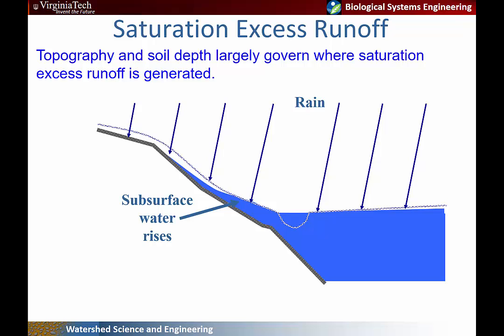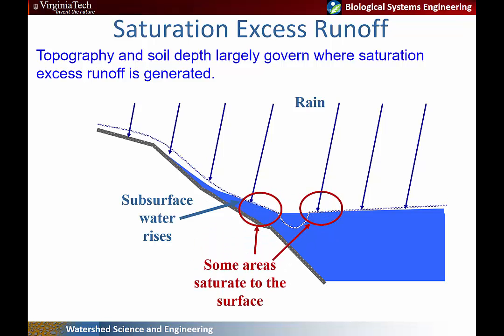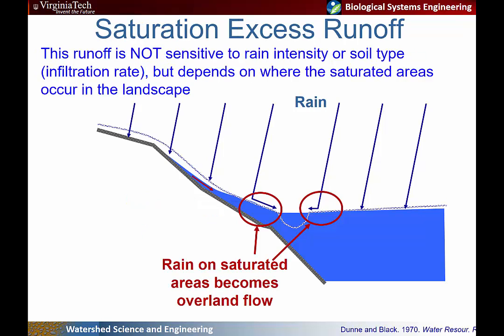Let's say this is an inch per hour rainfall. It's less than the soil infiltration capacity. The rainfall will infiltrate that soil profile until some areas saturate. So once some areas of this landscape saturate, rain falling on those areas becomes that saturated overland flow. Now you also get